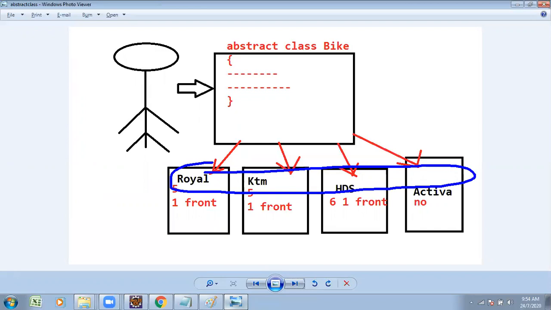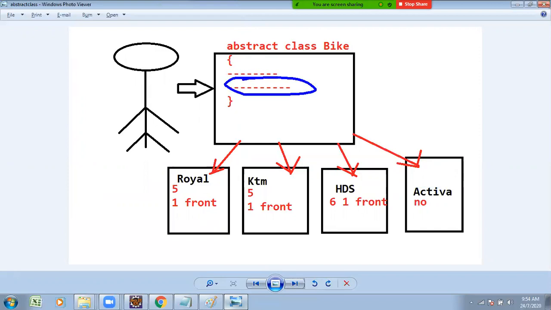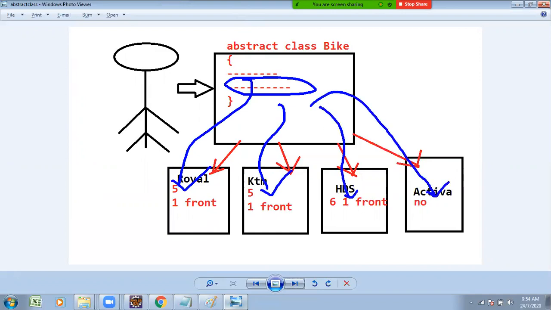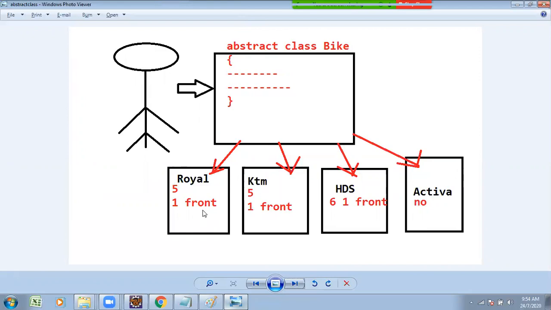Abstraction is nothing but hiding of unnecessary data. The odd work is presented under the subclass. Hiding under the abstract class, presenting under the subclass, that logic is known as abstraction.